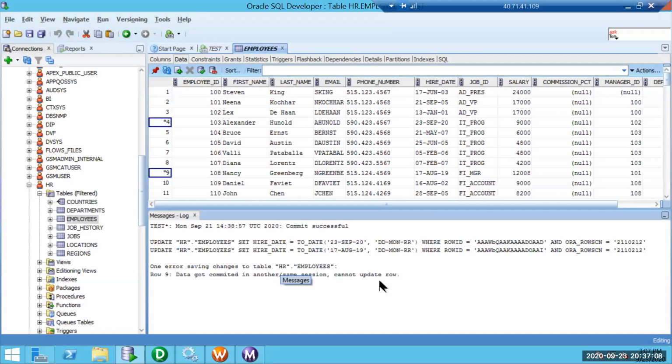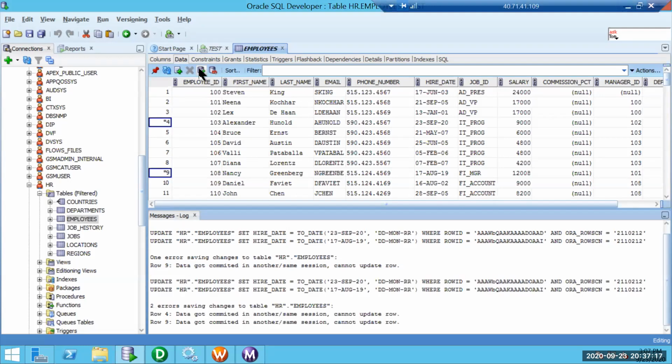Cannot update row. It was not able to update. Let me quickly see. Let me try to add a row.